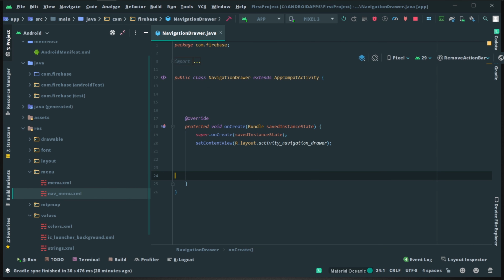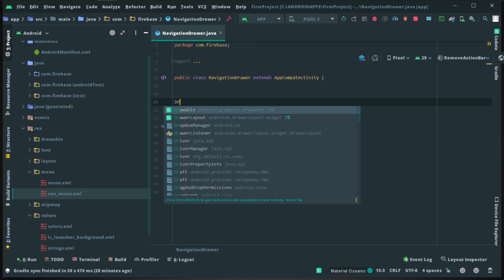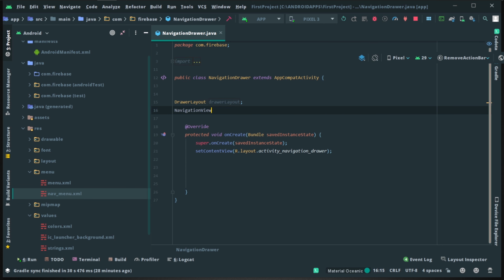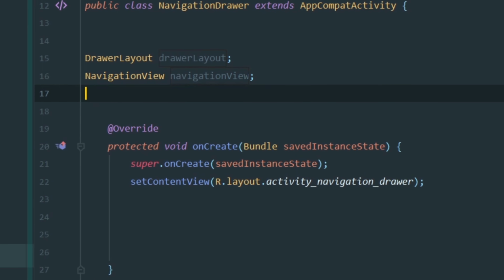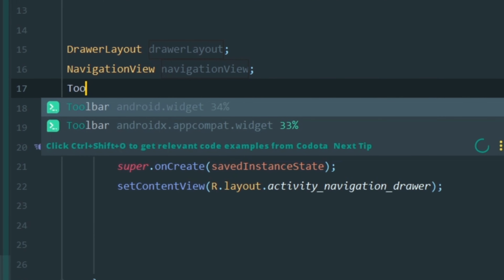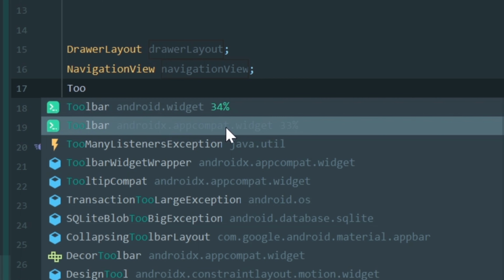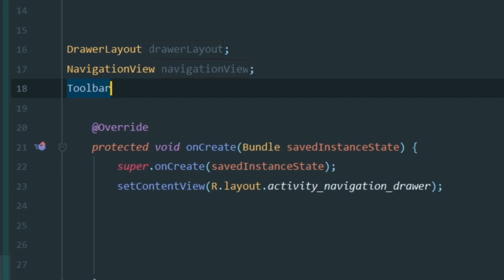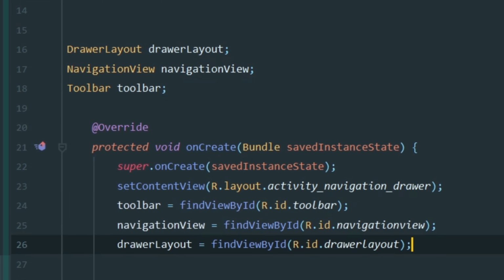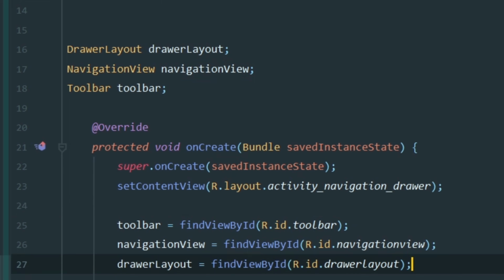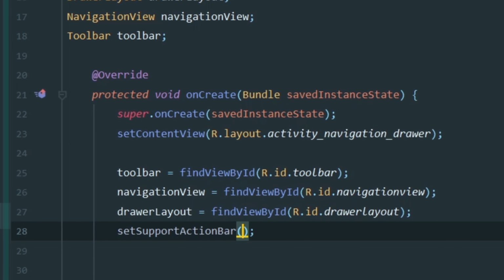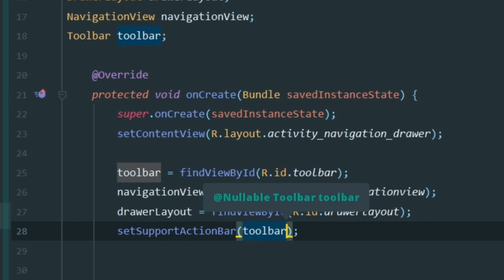So now let us go to the Java file and implement all these things we implemented. The important thing is, guys, whenever we are implementing the toolbar, you need to clearly check this. We need to implement the AndroidX one, not the android.widget. If you implemented this android.widget, I'm sure you will get an error. Type for toolbar. Okay, now I'm going to do this. So now I need to set support action bar to toolbar.